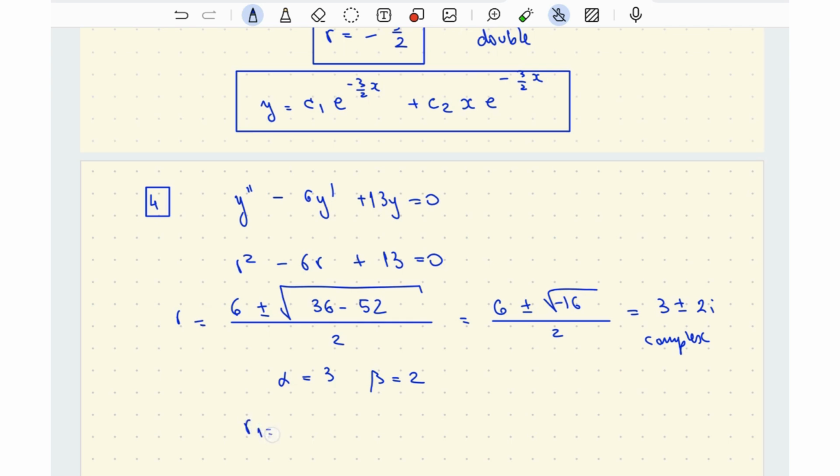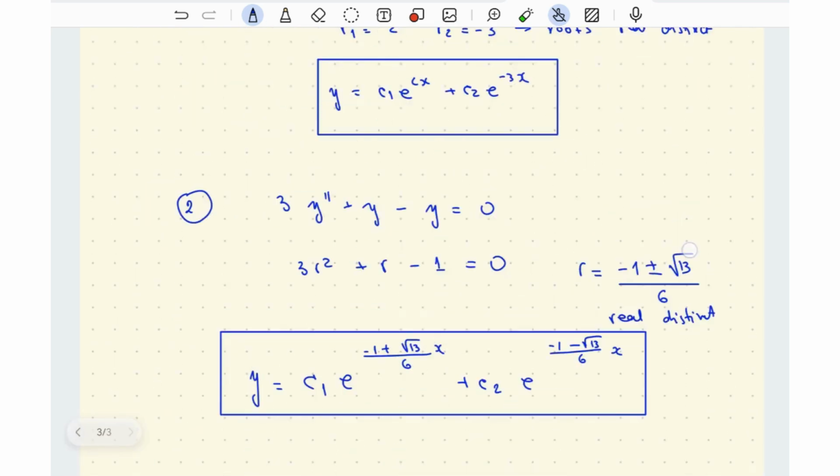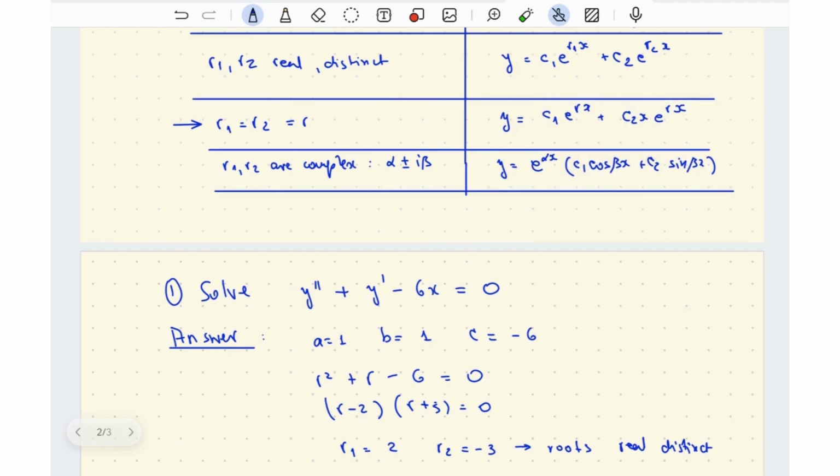If you take r1 equals alpha plus i beta, so r1 is 3 plus 2i, then alpha is 3, beta is 2, and we take the positive one. So for the solution we are taking the positive, and using this case now here,